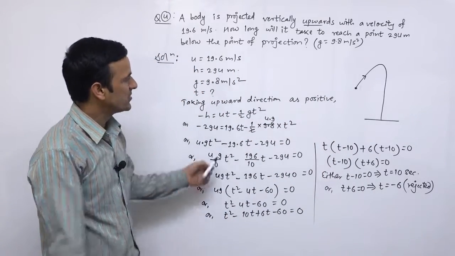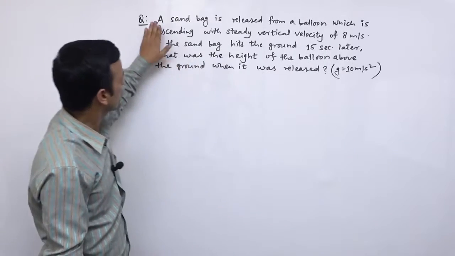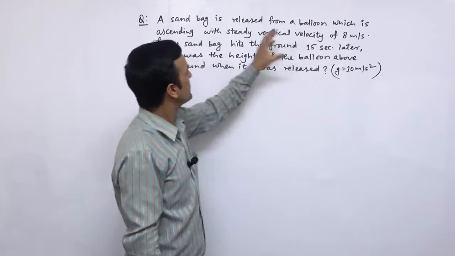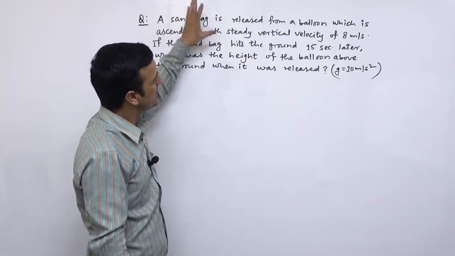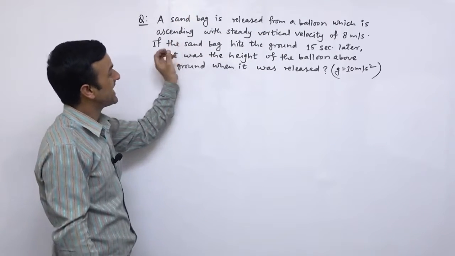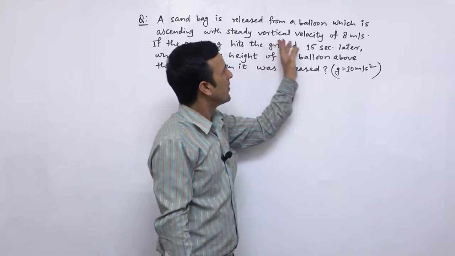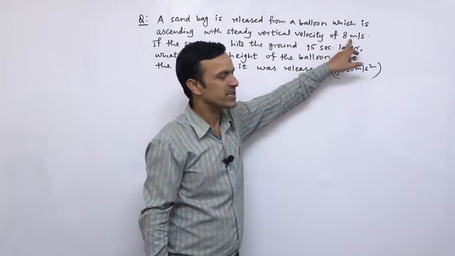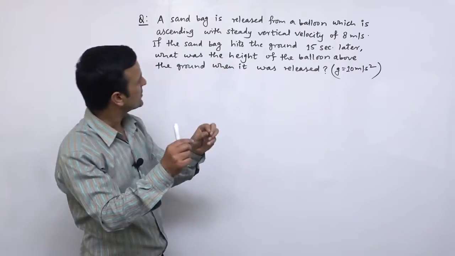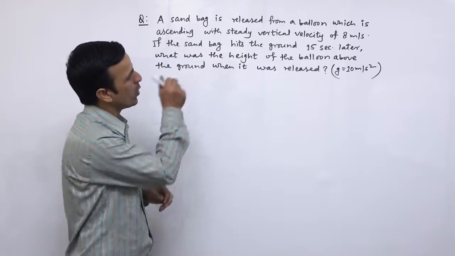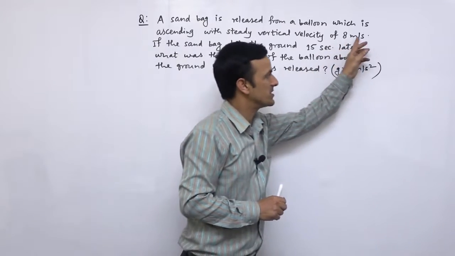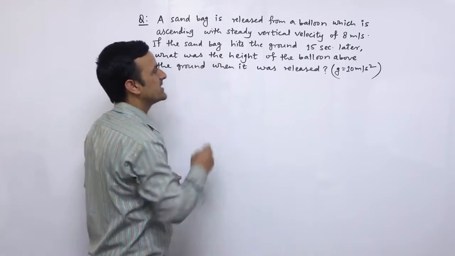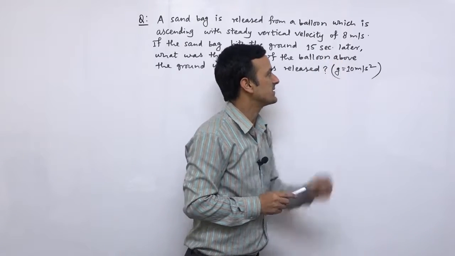So this is another question. A sandbag is released from a balloon. Inside our balloon there is a sandbag and it is released from there, which is ascending with a steady vertical velocity of 8 meter per second. The balloon's velocity is 8 meter per second and the velocity of the sandbag inside it is also equal, and that sandbag is also going upward at 8 meter per second. If the sandbag hits the ground 15 seconds later, now